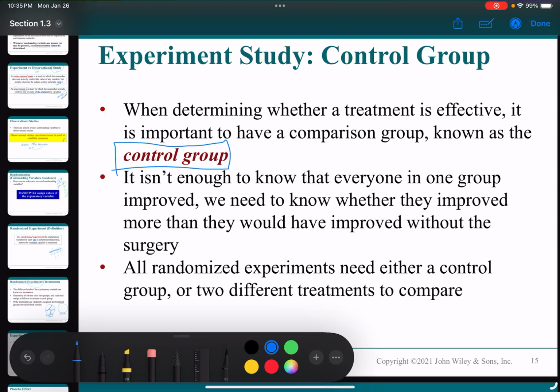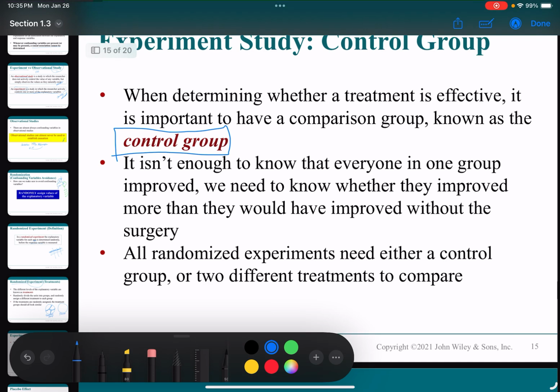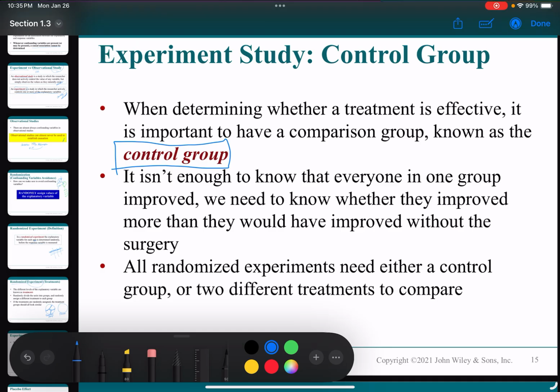In the next slide, I'll show you that control group we call the placebo, because we give them a placebo. So when we are doing an actual experiment, we treat the treatment group, and the other group we keep to compare. However, if for example we are testing a drug, we have two groups. We give the actual drug to one group called the treatment group, but the other group, the control group,